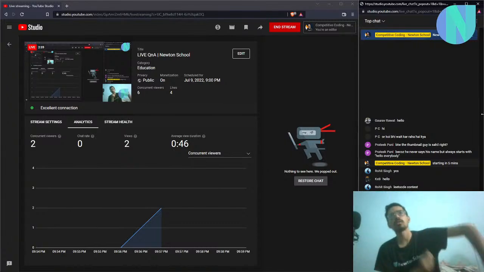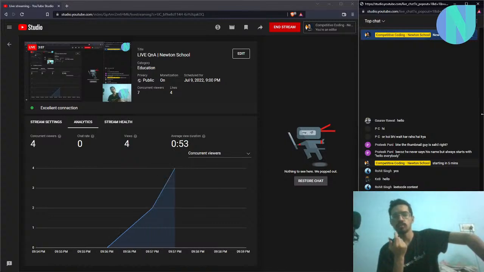I got past the coding round, and then I got a CoCubes link. So that's basically the aptitude test. It had around 50 problems, and you had to solve 45 problems out of 50. I was able to solve 44, so I was not able to qualify for the intern position.